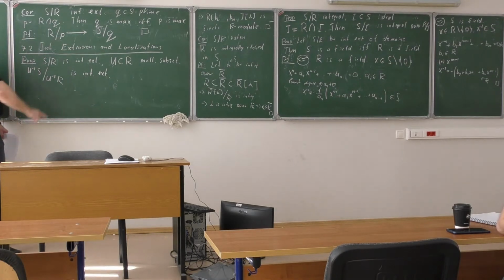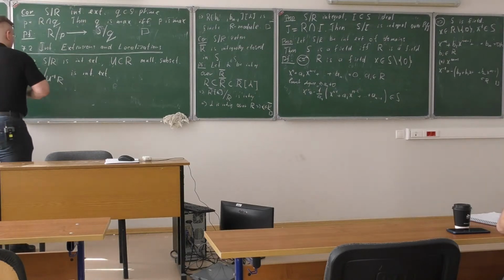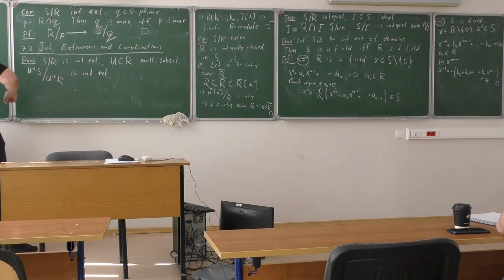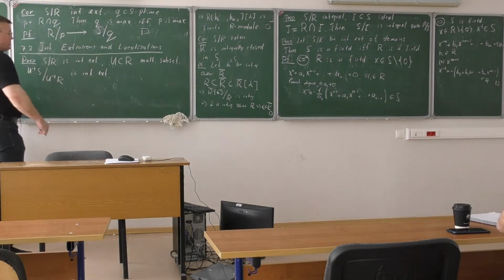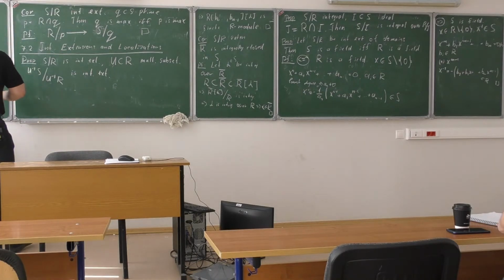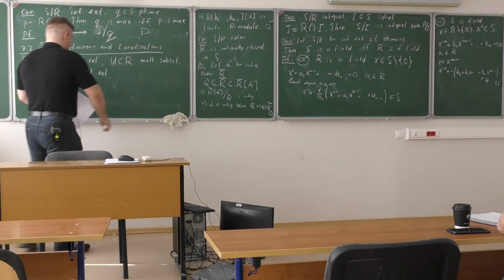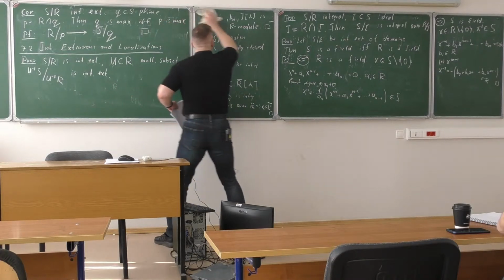Of course, notice that you can think about this as the localization of a ring, and this as the localization of the algebra. Actually in this case it doesn't really matter, because U sits inside R and R sits inside S, so you can as well think about this as the localization of the ring S, the same thing. Here there is no problem. Okay, maybe there is no space here for the proof.